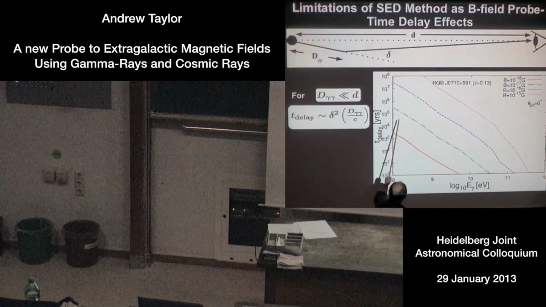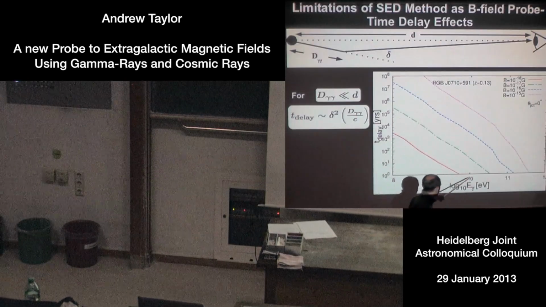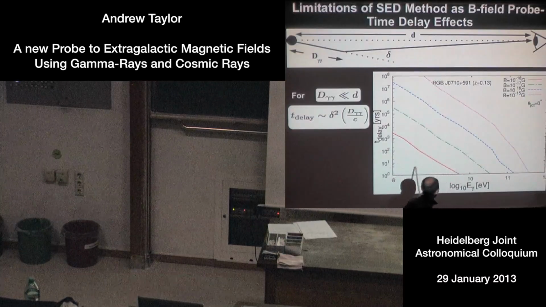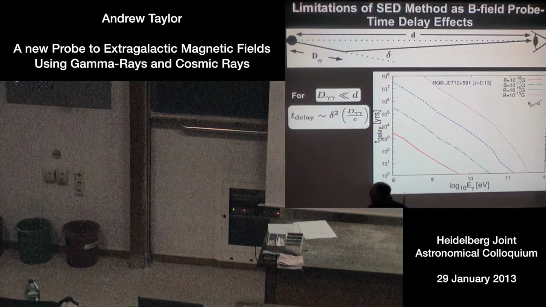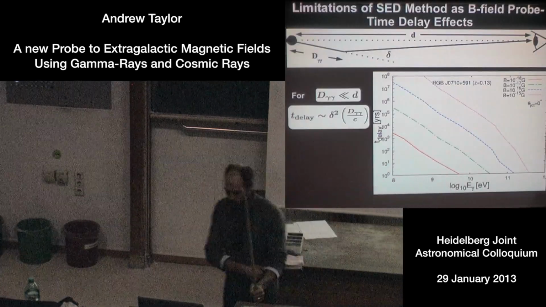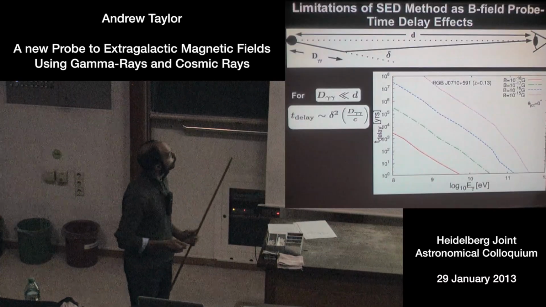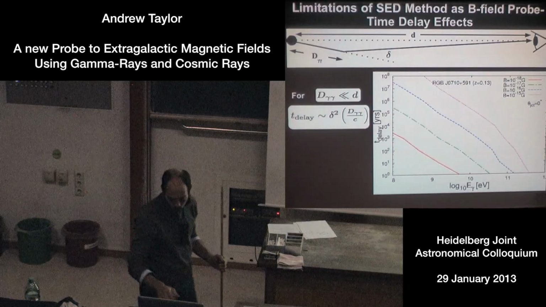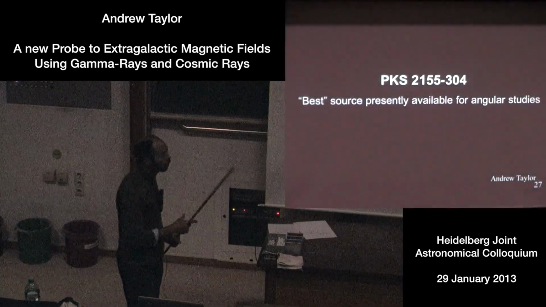So here we've got the 10 to the minus 17 Gauss line here. I've been using tens of GeV photons for my constraints. And you can see that if I want, say, 3 years, I can't go to stronger magnetic field strengths. I can't probe them with this method. So in terms of using the SED of blazars as a probe of extragalactic magnetic fields, I hit a wall. Okay, but there are alternatives.